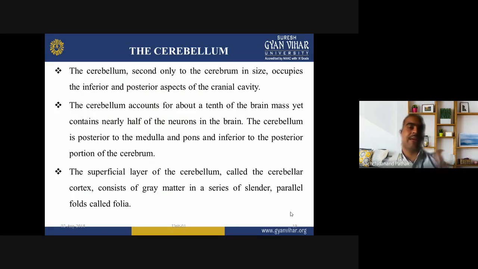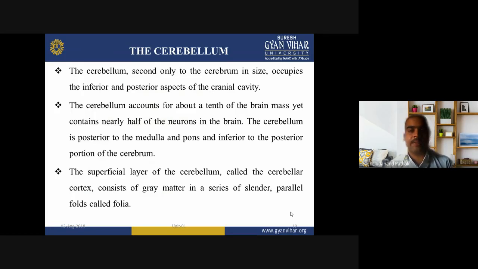तो जो हमारे cranial cavity के inferior और posterior parts हैं उनको occupy करते हैं. The cerebellum accounts for about a tenth of the brain mass. ये brain का जो mass होता है brain mass का 10th parts occupy करते हैं, yet contains nearly half of the neurons in the brain. ब्रेन का जो हाफ न्यूरॉन होते हैं वो किसमें, सेरेबेलम में प्रेजेंट होते हैं, जबकि ये सिर्फ 10th पार्ट ब्रेन